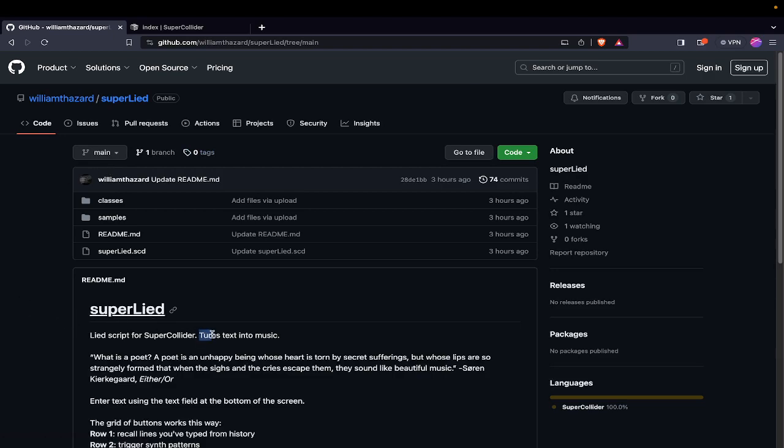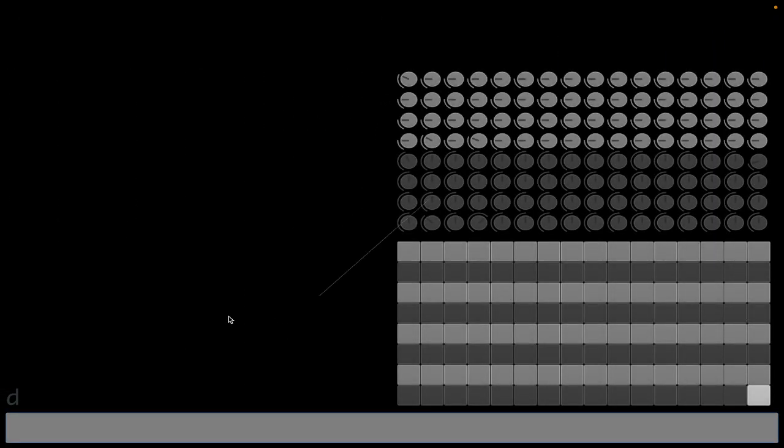So like it says here, superLied turns text into music. Anyone familiar with CrayonLied or Schicksalslied for the Monome Crow and Norns, respectively, will be familiar with this sort of lead concept that is extended into superLied. We have a text entry field down here where we can enter text. superLied keeps track of what we've entered previously, and we can recall previously entered text with this top row of buttons. If we press this first one, there's our D. It'll flash there momentarily to sort of show us what we've selected, and then we can send that to synths